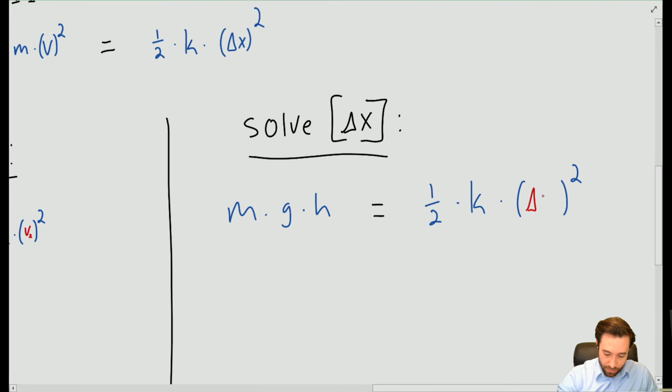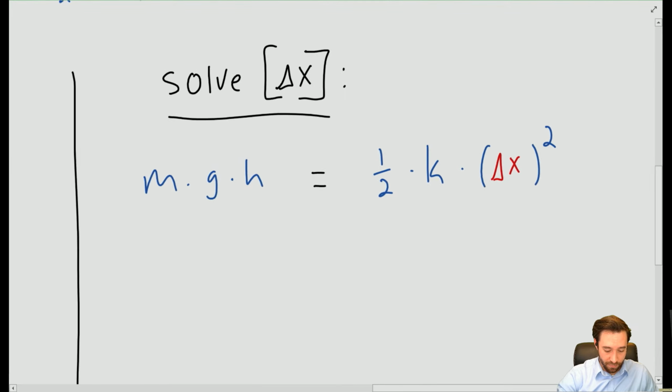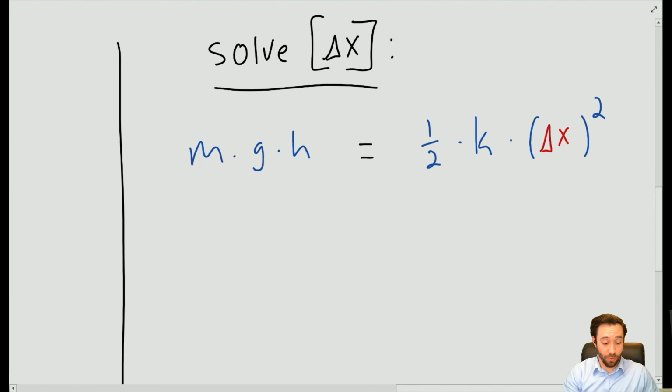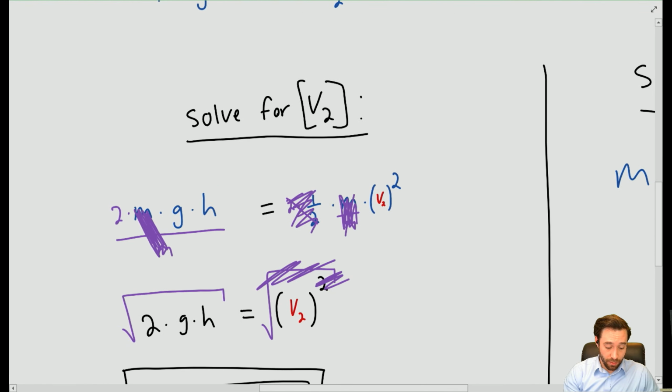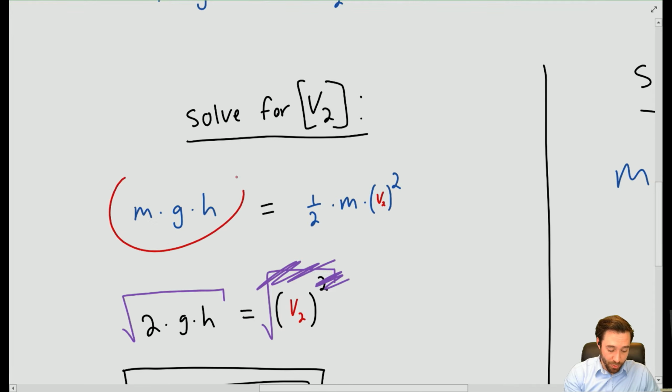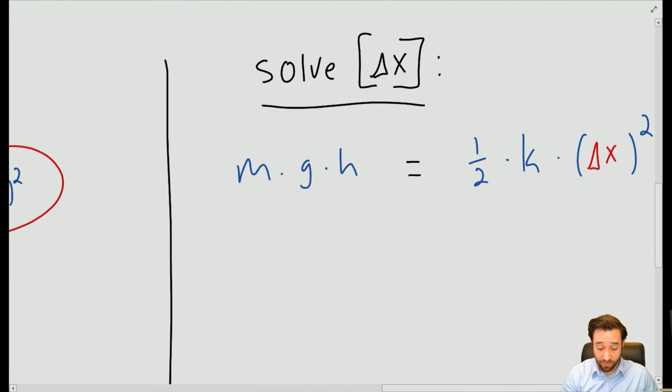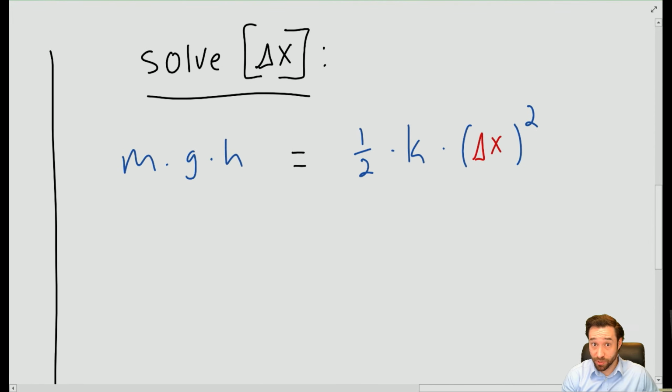And then delta x. Okay. So this looks very similar to this one here. I'm gonna show you. So the shape of the equation, so mgh and then 1/2 mv squared, looks very similar to this. So the algebra is going to look very similar. So